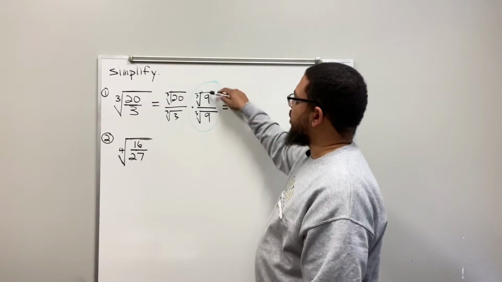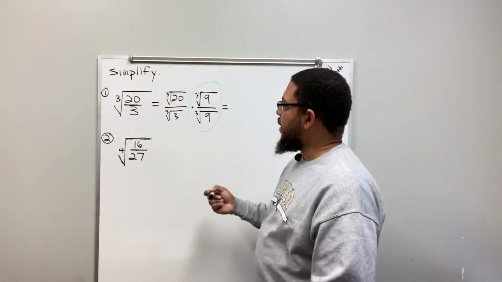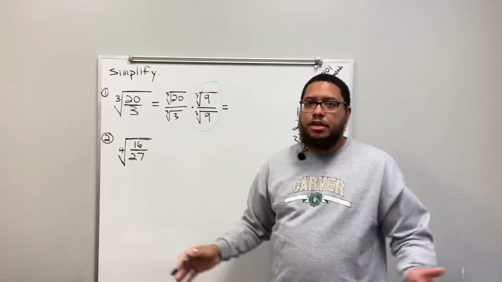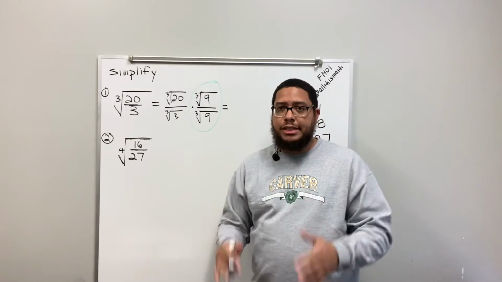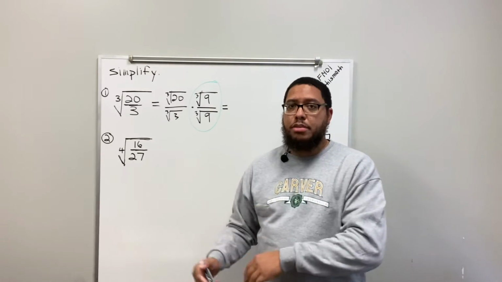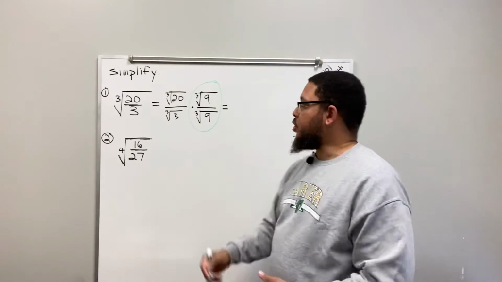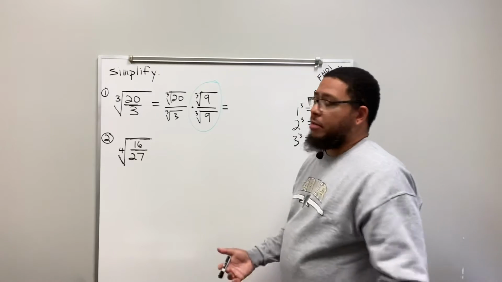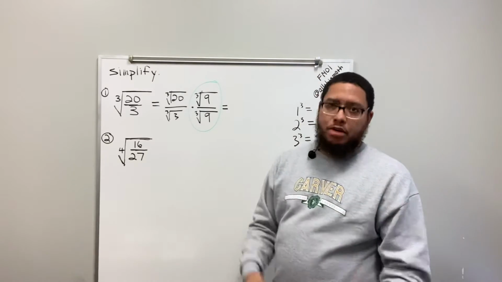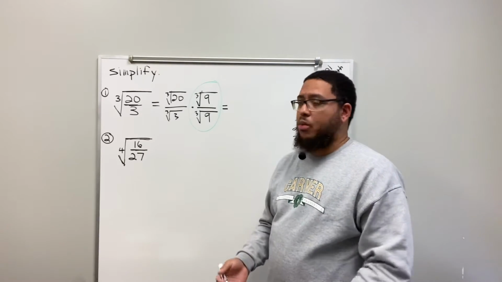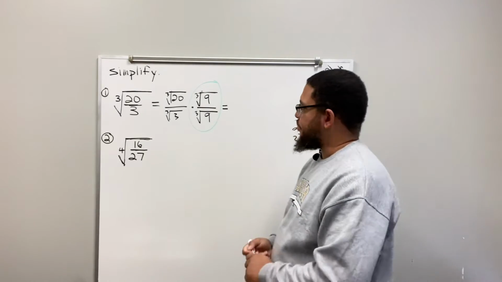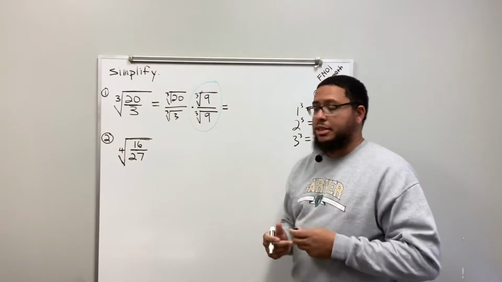So that means that when we multiply this fraction by this fraction, we're not changing the value. The value stays the same. The numbers are going to change, but the value stays the same because we're multiplying by a fraction that's equivalent to 1. So we might as well just be multiplying by 1. But we're not going to multiply by 1, because if we multiply by 1, we're not going to get the number combination that we need in the denominator in order to rationalize this expression.